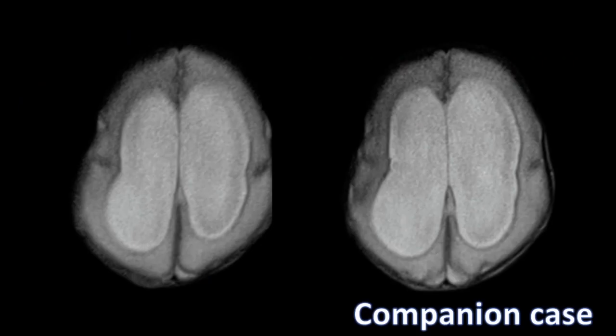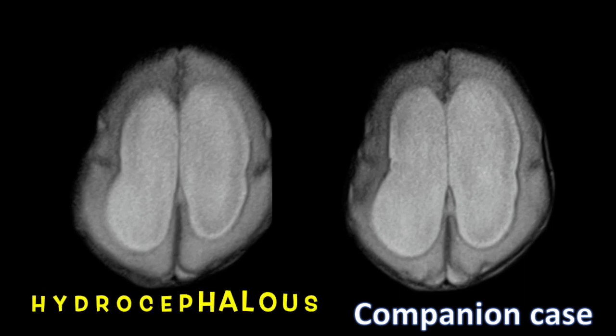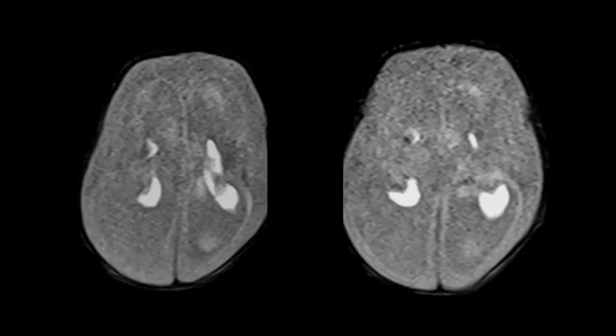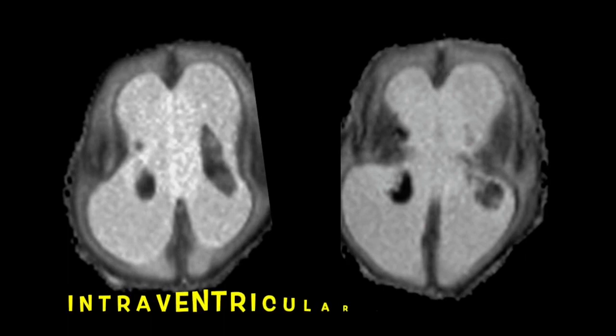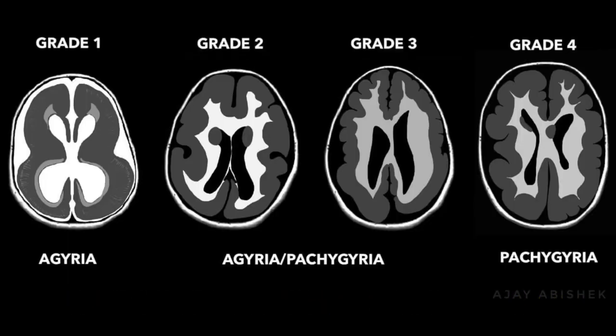This is another case, a companion case. Here what you can see is a similar pattern like the previous case, but here you cannot see that cell sparse zone. There is more hydrocephalus, ventriculomegaly. There could be an underlying abnormality in the ventricles. The baby is also affected, the second case, by intraventricular hemorrhages in T1 weighted images. Here you can see B0 or T2 weighted images are showing intraventricular hemorrhages.